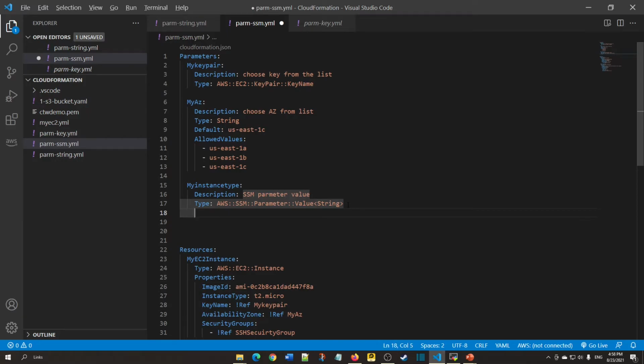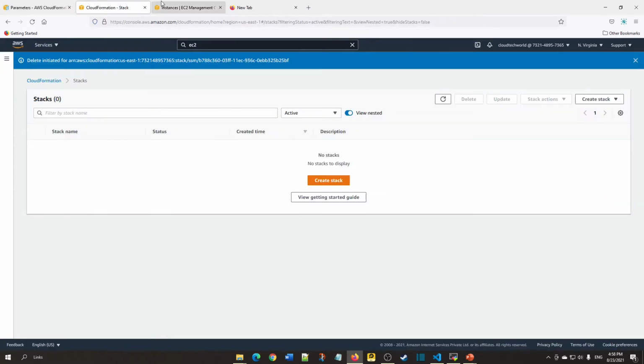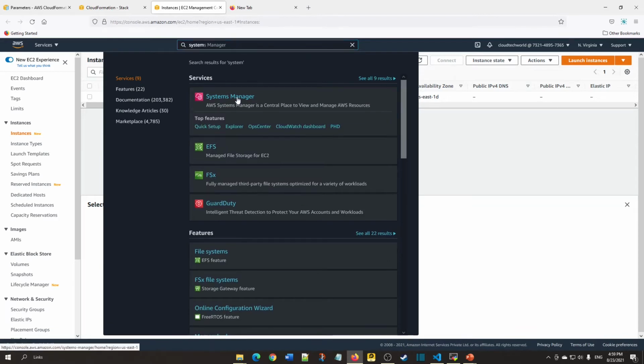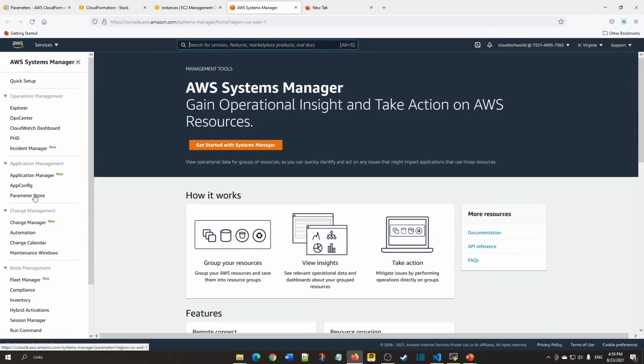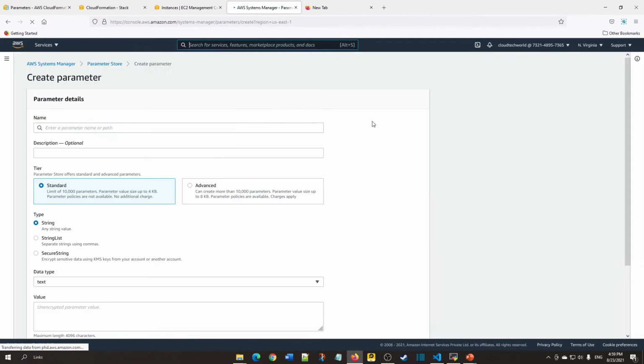Let's create this SSM parameter in the AWS console. First go to Systems Manager. Choose Parameter Store, which is on the left side. Click on create parameter. You can give any name.